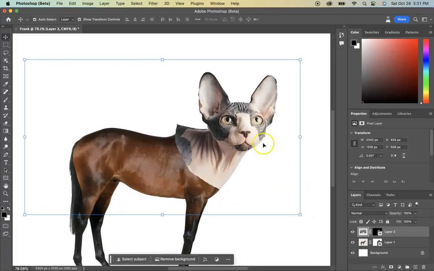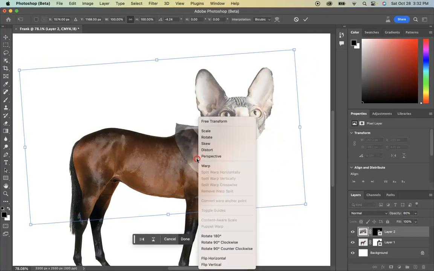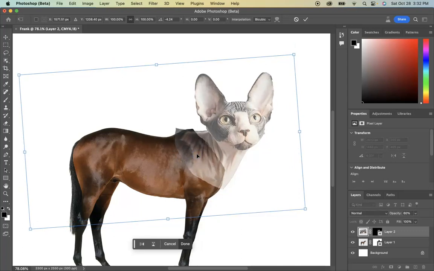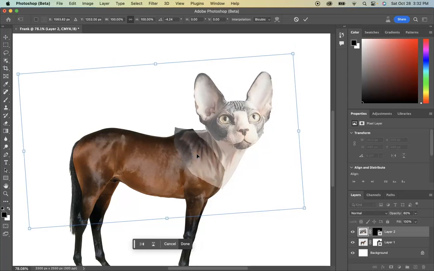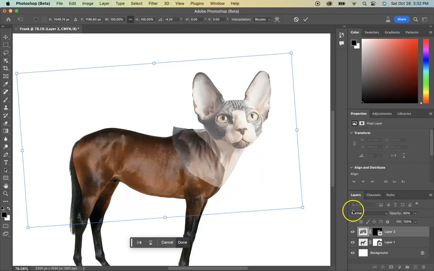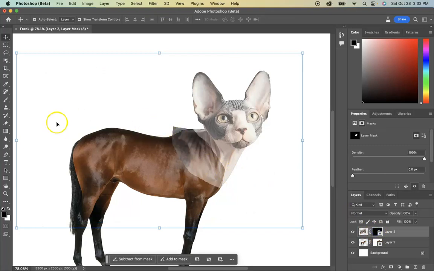If you need help seeing how lined up you are, you can come down to the layer and you can lower the opacity a little bit so that it makes it a little bit more see-through. And this is how you can shift and line up. Oops, I'm going to let go of those things, and you can use your arrow keys to micro move things. Once you get them kind of lined up where you want them, and then you can hit enter, and you can come over here to the layer mask and use your brush